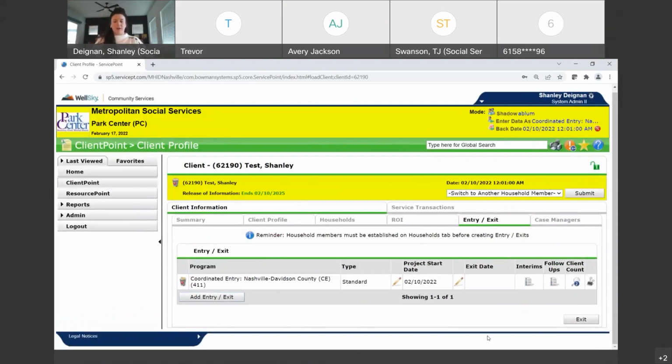This here, back out onto the main entry exit tab, this is what we call an open entry, meaning that there is an entry date, but no exit date. So anytime you see this for coordinated entry or any other program, this is going to say,